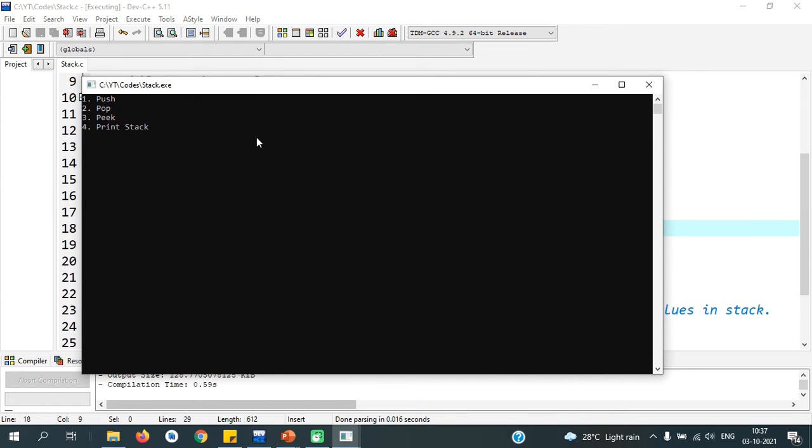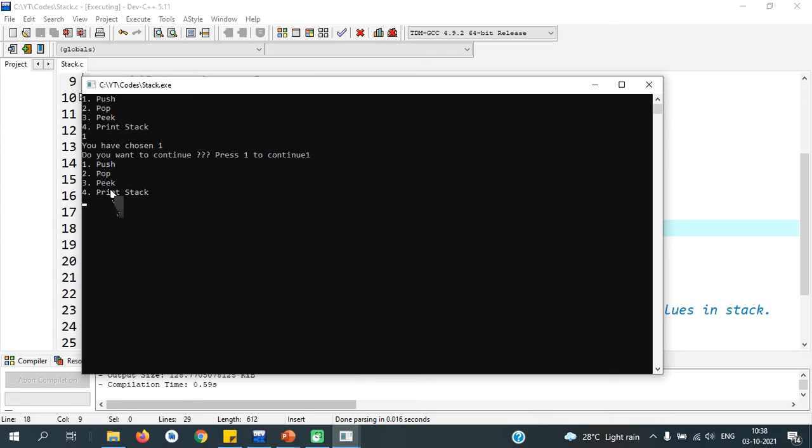Push, pop, peek, and print stack. So if I need to push a value into stack, I will press 1. So it is clear that the program has received my input correctly. You have chosen 1. So after we have written implementation of stack, it will have all those stack lines. Now after assuming that the stack operations has been completed, it is asking whether you want to continue. I will press 1. Then I will again get push, pop, peek, and print stack.